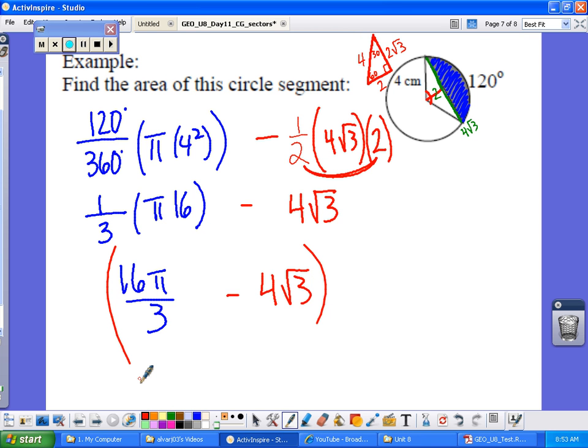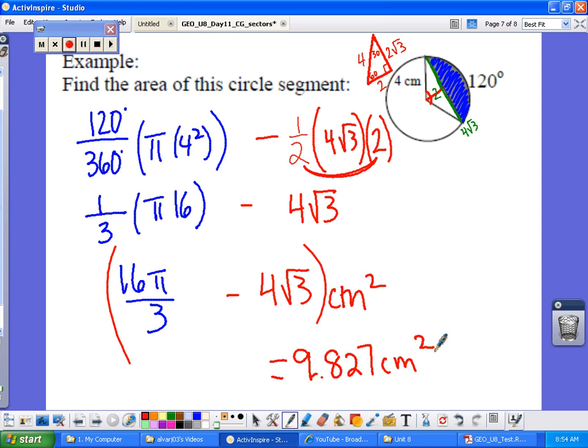You can leave it like this and put centimeters squared. Okay, if you're adamant that you have to have a decimal, I would tell you to put it into your calculator correctly. So 16 pi divided by 3, and then you want to take away from that 4 the square root of 3, and that leaves you a grand total of 9.827